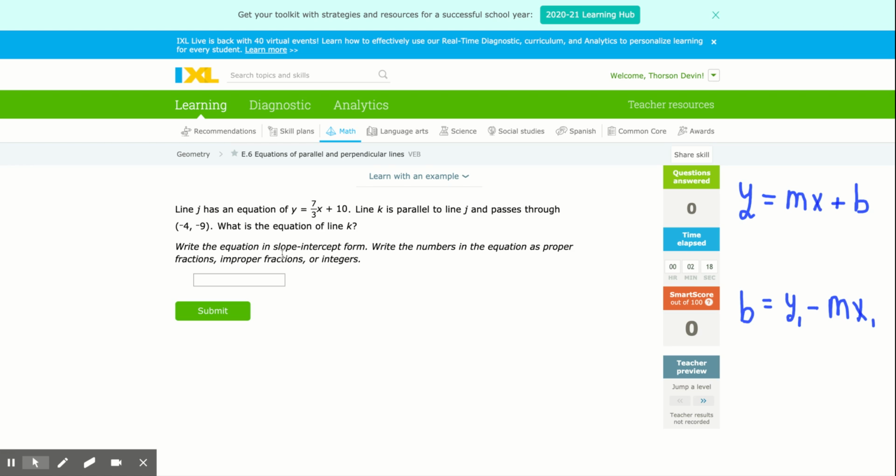We want to write the equation of line K. It says write the equation in slope-intercept form. Slope-intercept form is this form over here, y equals mx plus b. So right off the bat, I could always type in y equals. Now I need to come up with the slope. Since it's parallel, the slope's going to be the same as the slope of this line. So I'm going to type in 7/3 times x plus some b